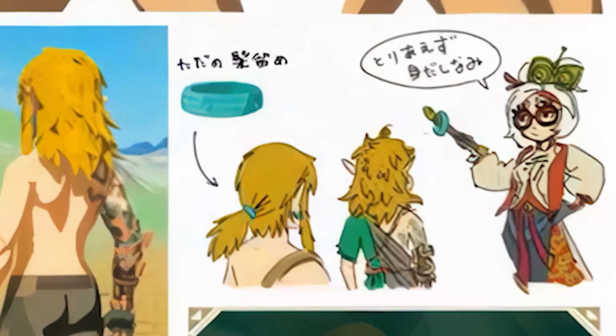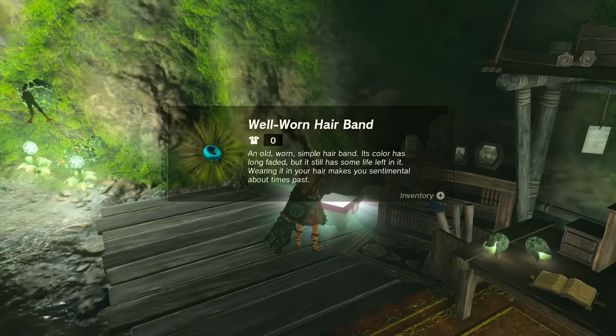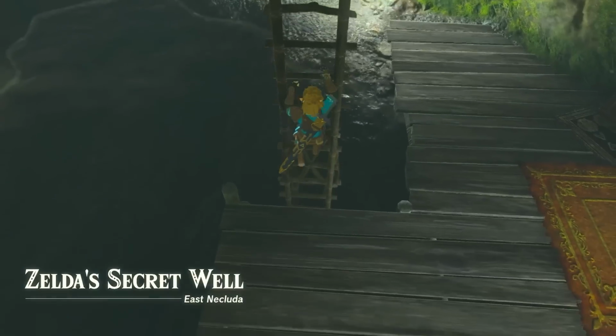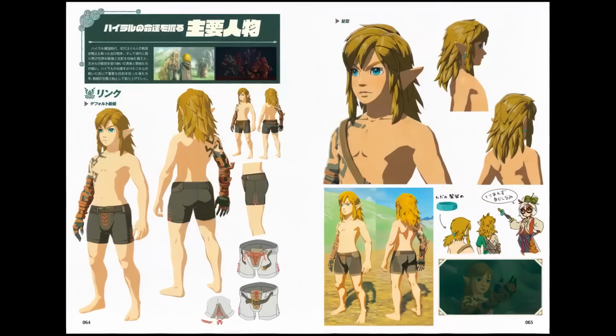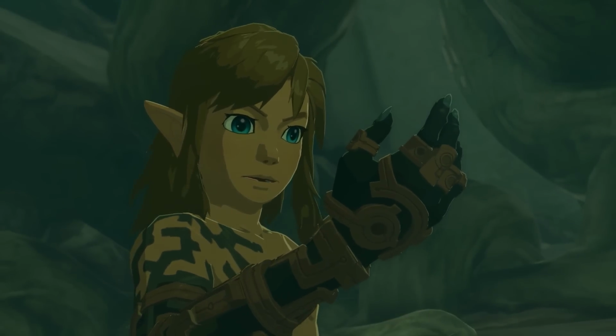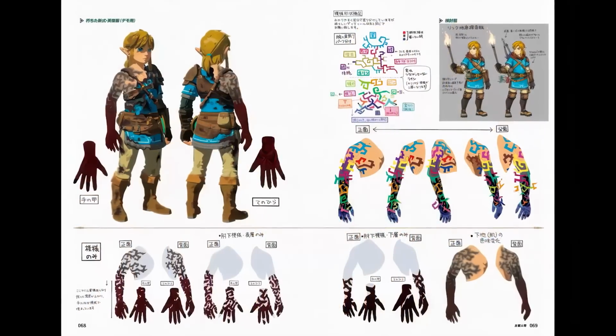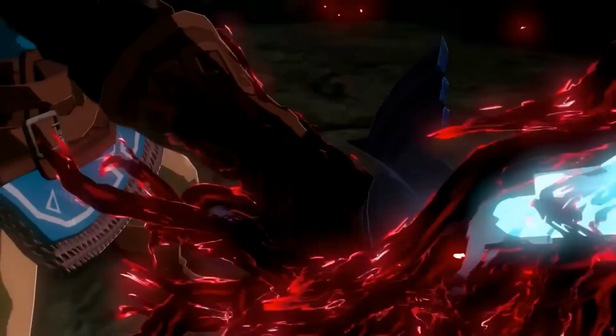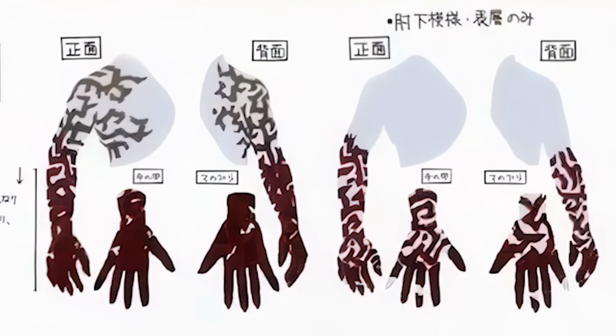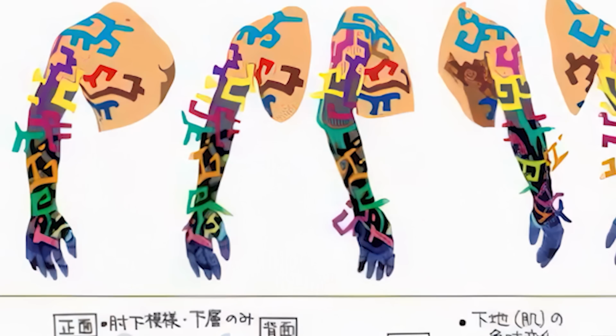I think this piece of artwork where we see Purah with the hairband or earring that we find obviously in Hateno Village, in what is being argued whether it's Link or Zelda's or both's house. This is obviously a character description and how Link wakes up on Great Sky Island. So here we see a little bit more of the gloom damage that Link was affected by. A little bit about the pattern design that they decided to go with here, color coding,